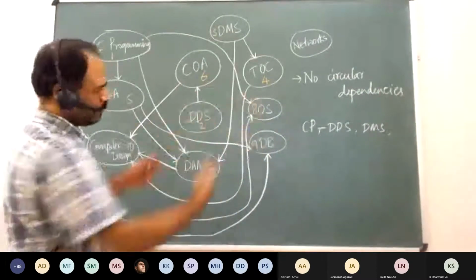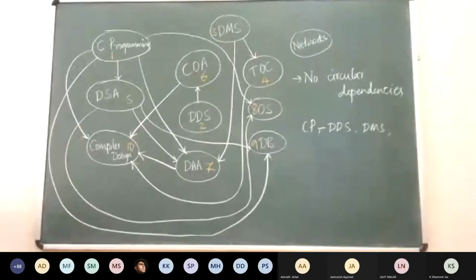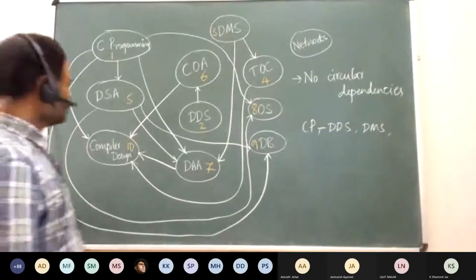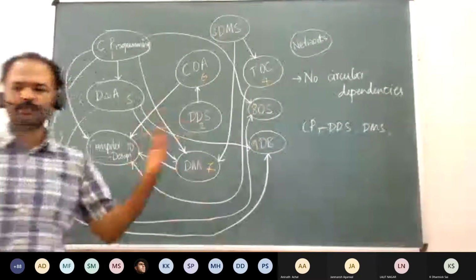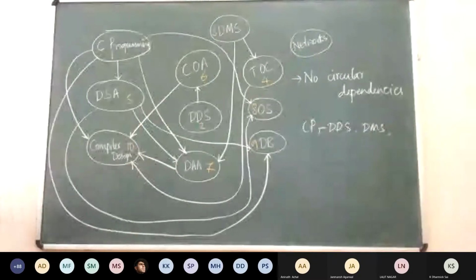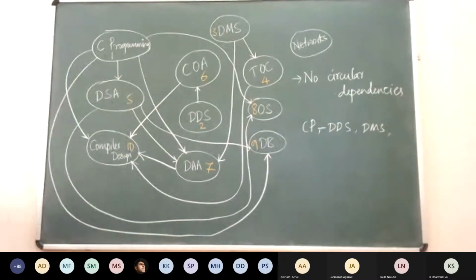So I can draw many more subjects, and I could drop these things, and I could sort of come up with an ordering, right? Such that these could be scheduled in a manner such that the prerequisites are satisfied. So that is how your course is also designed. When we were designing your curriculum, this was one of the exercises that happened, right?